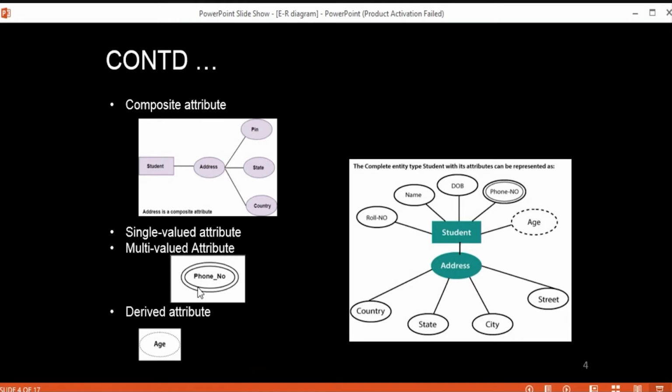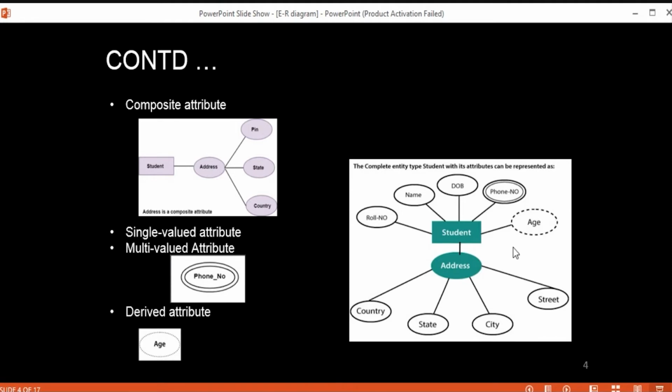There is no column of that attribute in your database for that particular entity, but we can derive its value from the other attributes which are present in your database. For example, age can be a derived attribute, say we are deriving age from the date of birth. That is your derived attribute, and it is represented using a dashed ellipse.